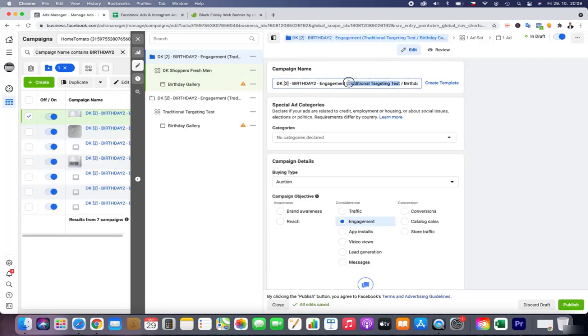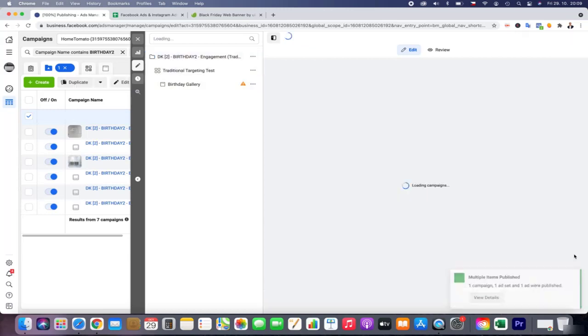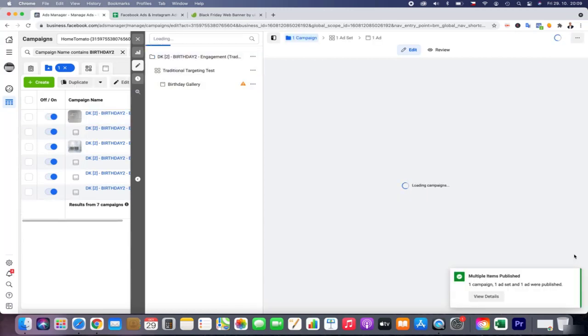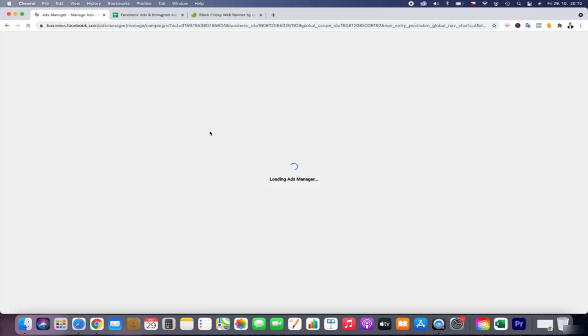Okay, I think this is really important to create more engagement, and I believe we need to engage more. You can see there are a lot of actions around engagement, add to cart actions, so we retarget engagement, so we need to build up engagement. I think it's really the correct decision. And now when we reload it, I think we have one more campaign ready.